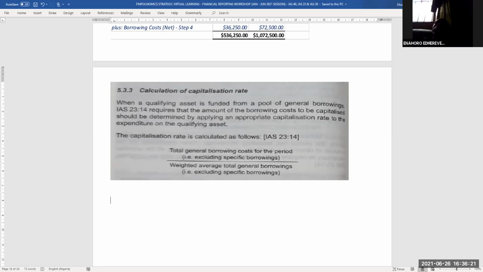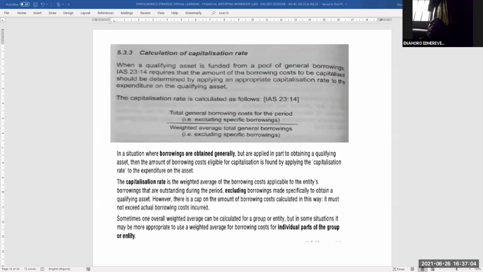Calculation of capitalization rate. When a qualifying asset is funded from a pool of general borrowing, IAS 23 Section 14 requires that the amount of the borrowing cost to be capitalized should be determined by applying an appropriate capitalization rate to the expenditure on the qualifying asset. The capitalization rate is calculated as follows. Total general borrowing cost for the period, i.e., excluding specific borrowings, divided by weighted average total general borrowing, i.e., excluding specific